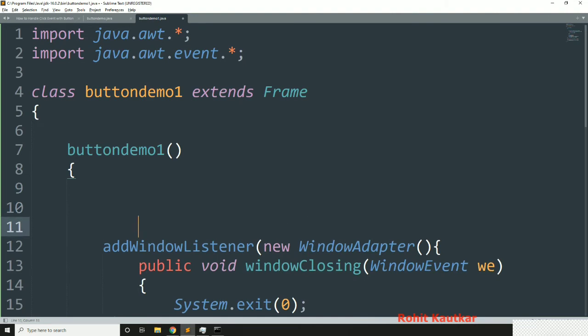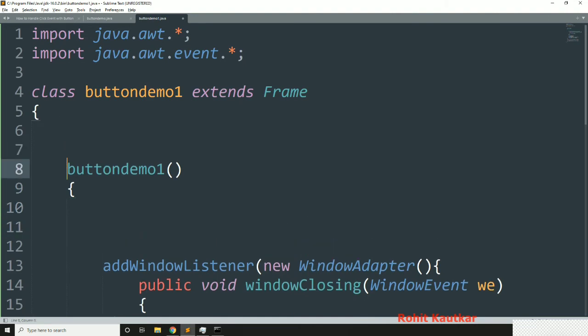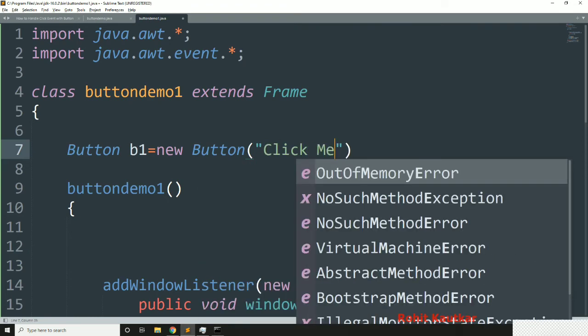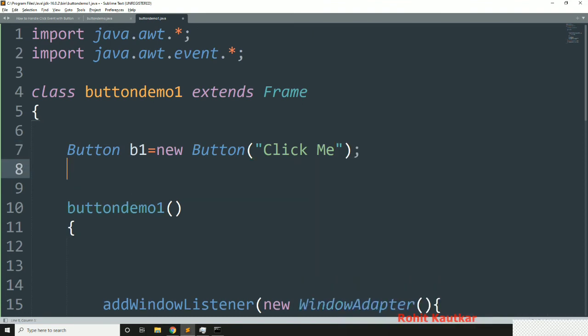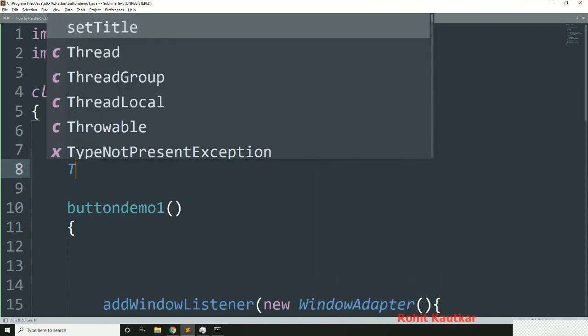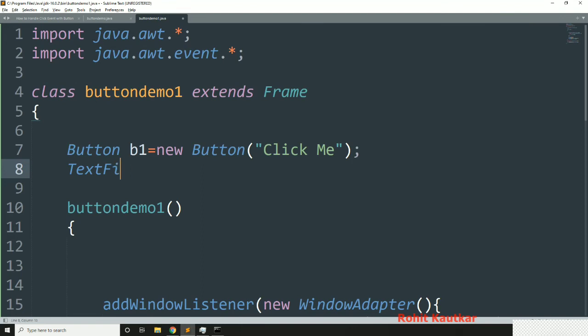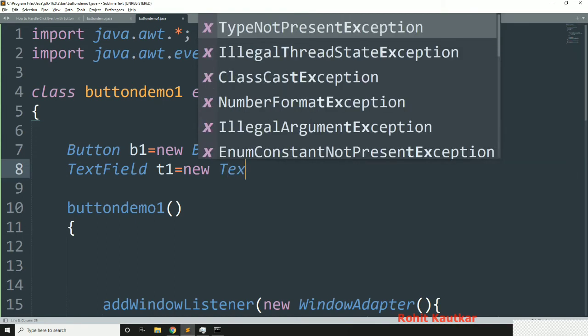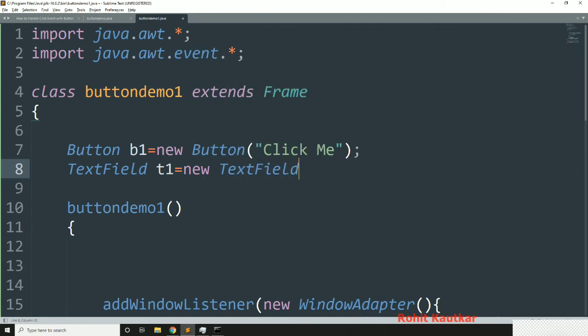Now let's create a button and a text field. Here I will write Button b1 is equal to new Button, and I will give the title here again, "click me". Okay, and one more text field I will create here, TextField t1 is equal to new TextField.